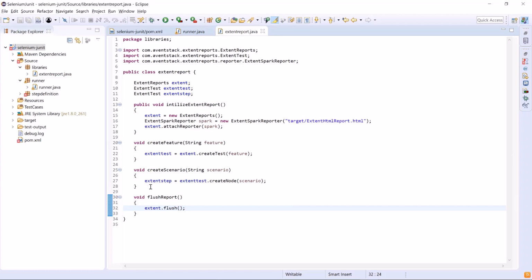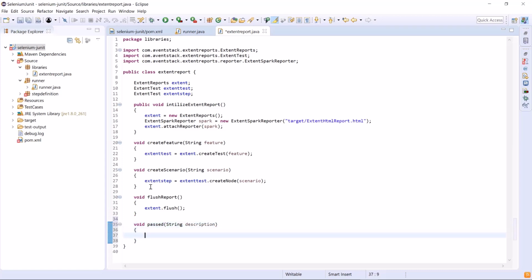So we have added the methods for creating features and scenarios. The next thing we are left with is test steps. To add the test steps under a scenario, we'll use different methods of Extent Report. To start with, first of all, we'll create a method called passed, which will take the step description as an argument.